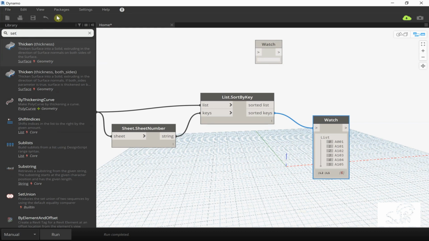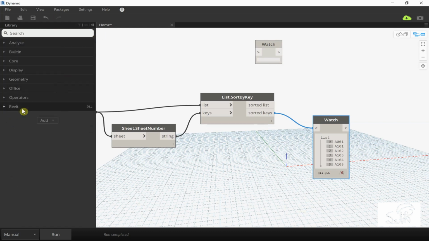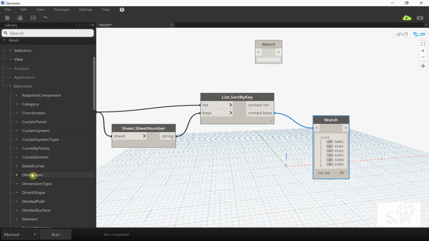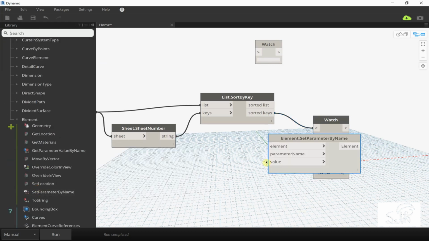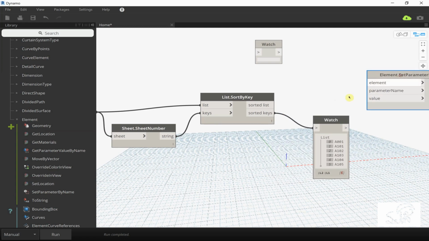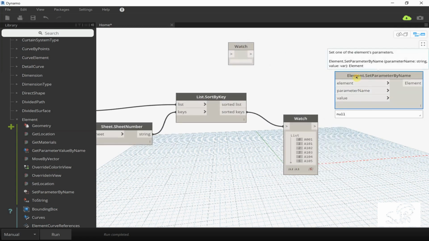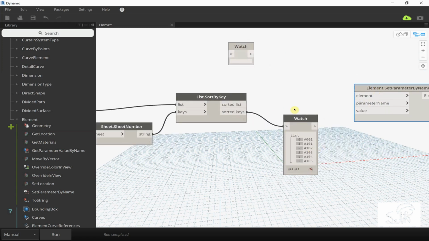It's a sub element. Okay, let's go to that. We know it's in here. Alright. So this thing will just, if we put it in there, it will just